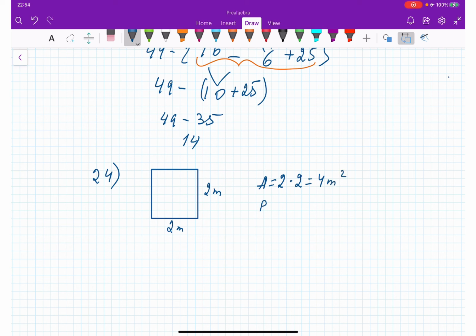Perimeter on the other side is a sum of all sides, which is going to be 2 plus 2 plus 2 plus 2, right? Which is going to be 4 and 4, 8